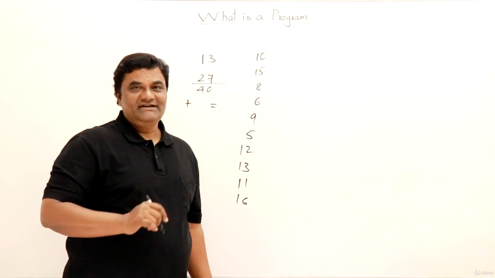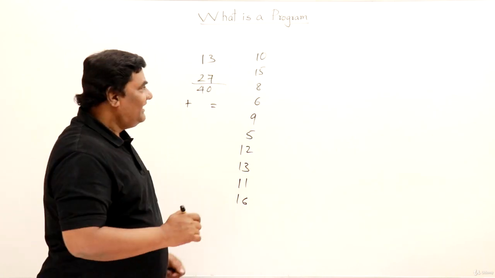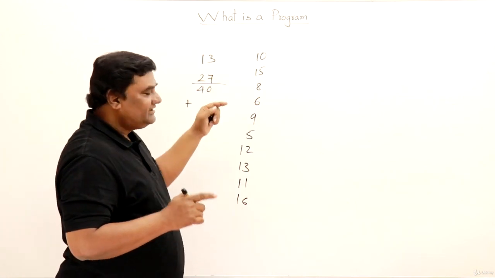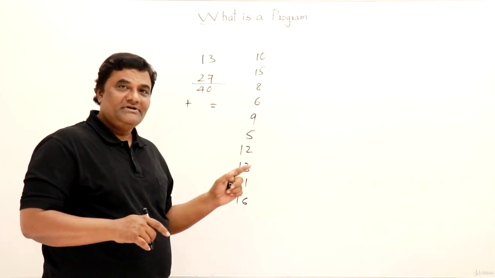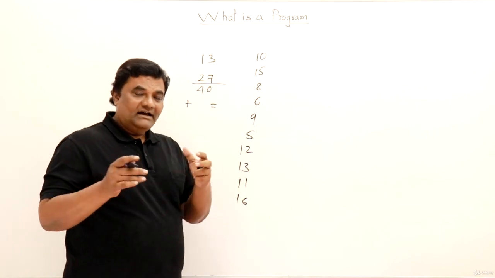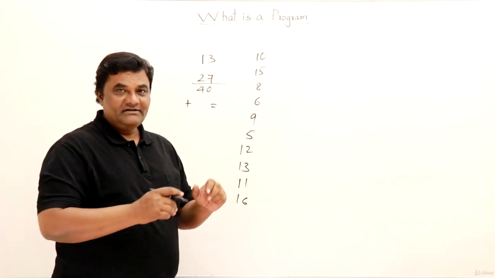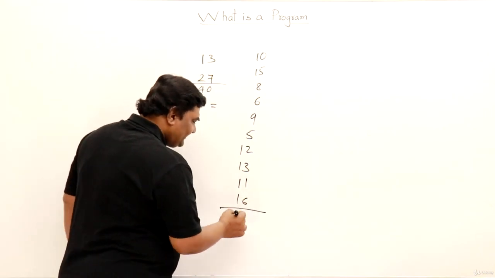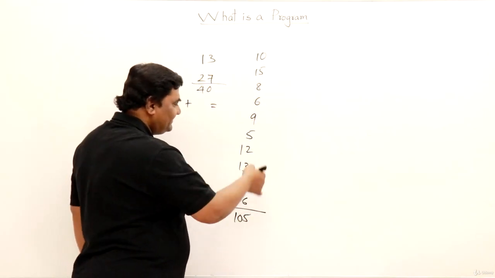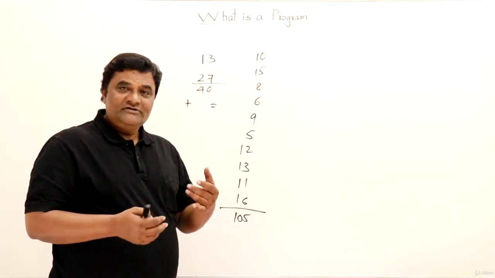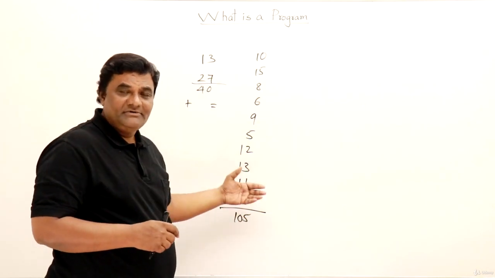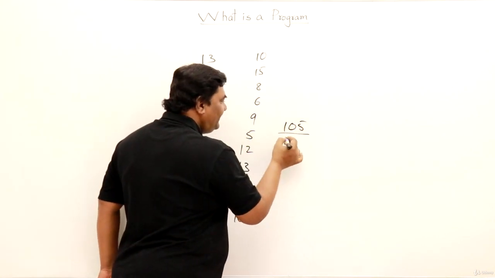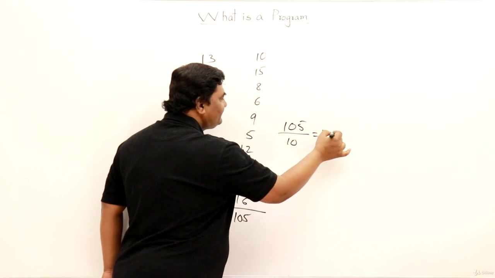Then how to use a calculator? Now watch it. I have to enter 10 for the first number, then plus the next number, then plus the next number, plus the next number. I have to go on adding them, and that sum will keep accumulating. So finally, I'll get the total of all these numbers. Like the total is 105 for these numbers. Then I should also have the count of numbers. In total, how many numbers do I have? 10 numbers I have. Then that total I should divide by 10. Then I get the result, that is 10.5.